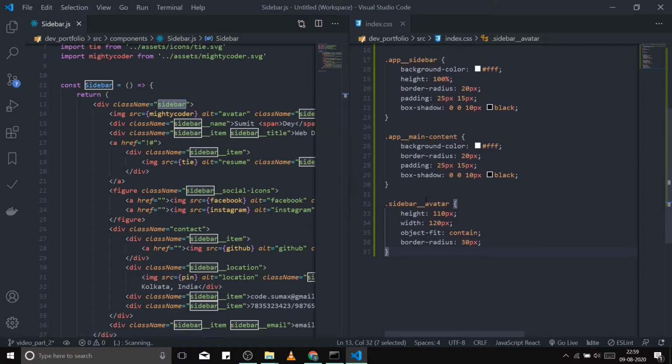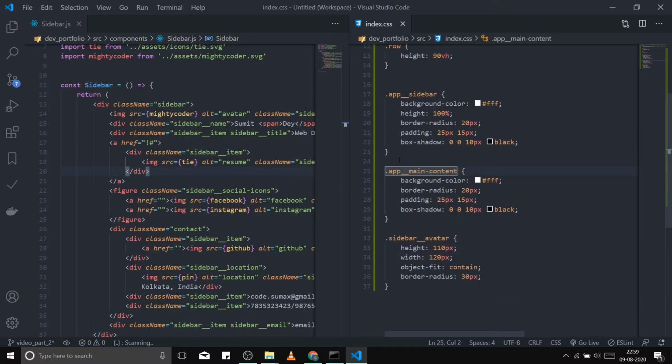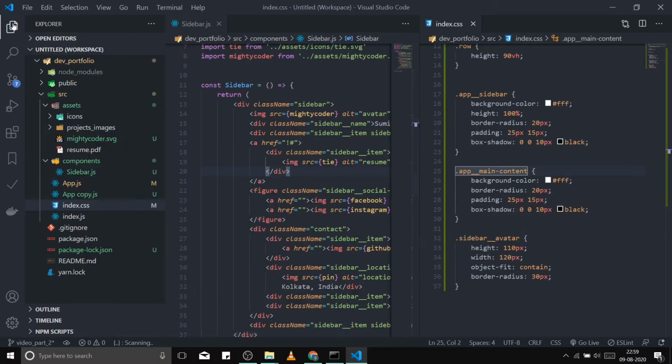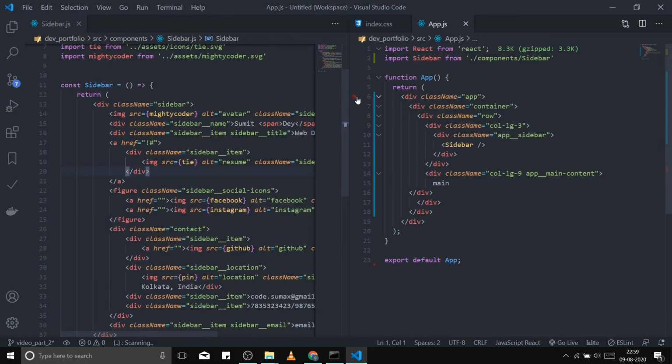here. And guys, at this point I need to refactor the code, because what I can see is that there is a duplicate div here. If I see the app.js here, this column large 3 is wrapped inside an app sidebar, and this app sidebar contains the sidebar component, right? And this sidebar component contains the div, so there are obviously two divs and we don't need that. So what we will do, we will remove this div from here and this closing div from here, okay, and